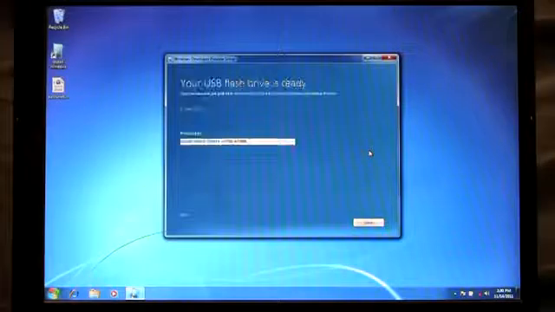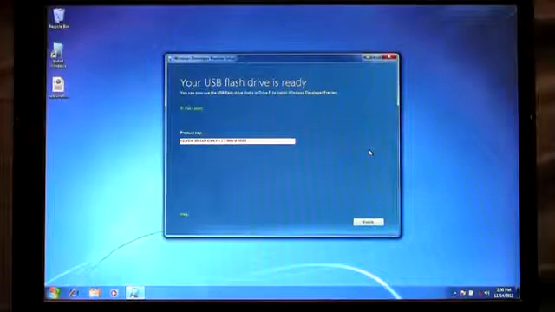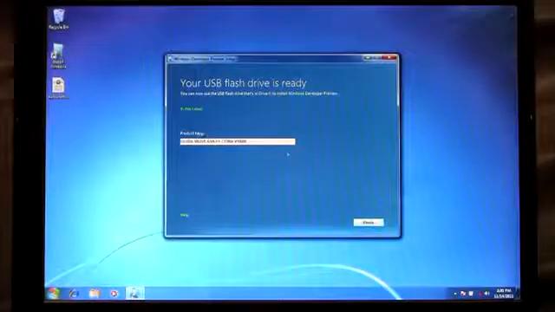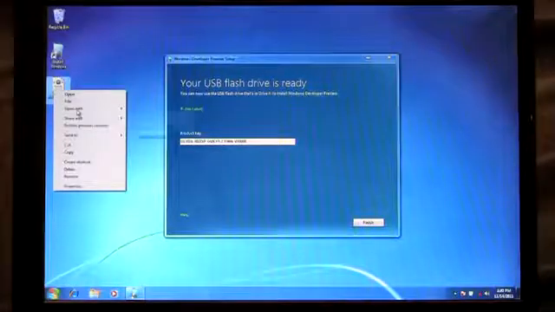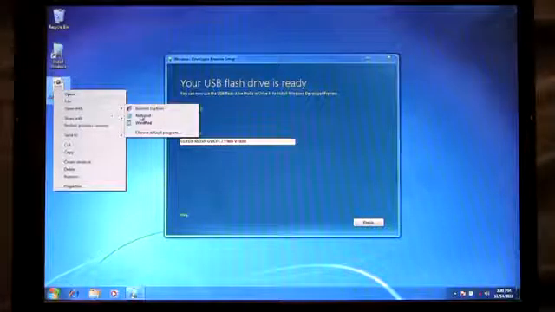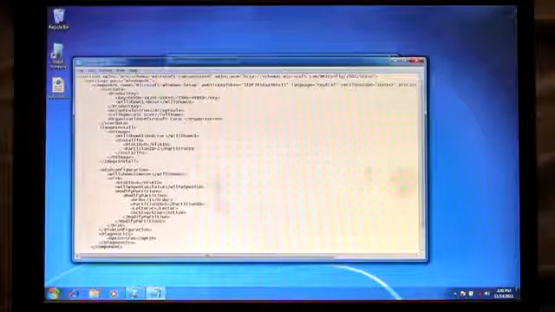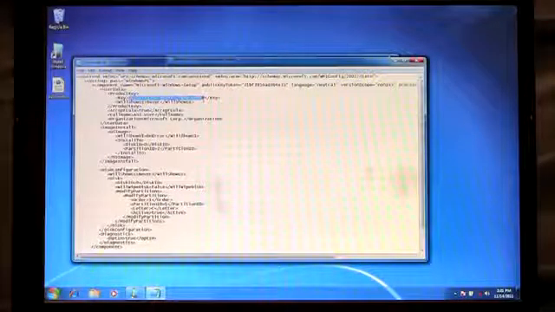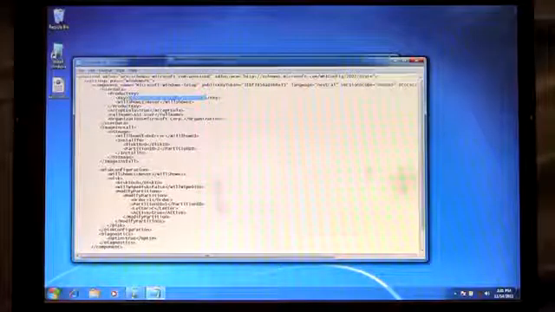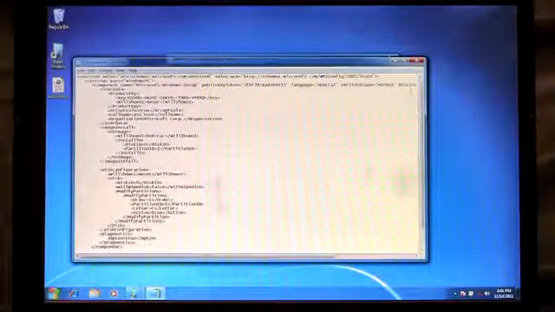Okay, the flash drive is complete, and you'll see that there's a product key displayed here. What I'm going to do is actually copy this product key, and I'm going to use an unattended answer file and copy that product key right here in my file. This way, when I go to install from the USB key, I won't actually have to remember that product key. So I'm going to save this file,